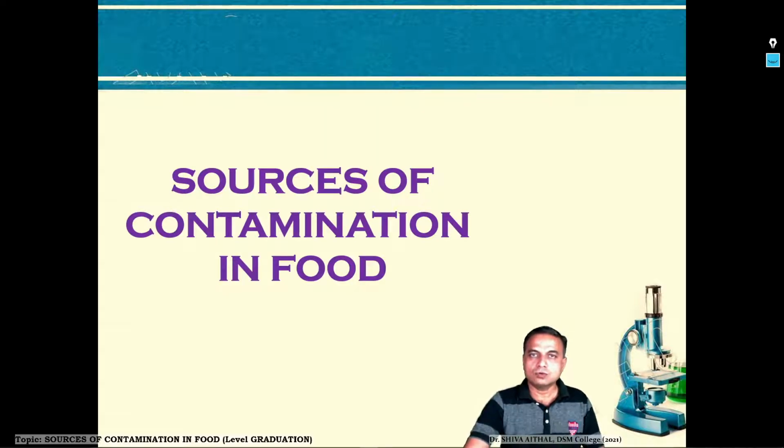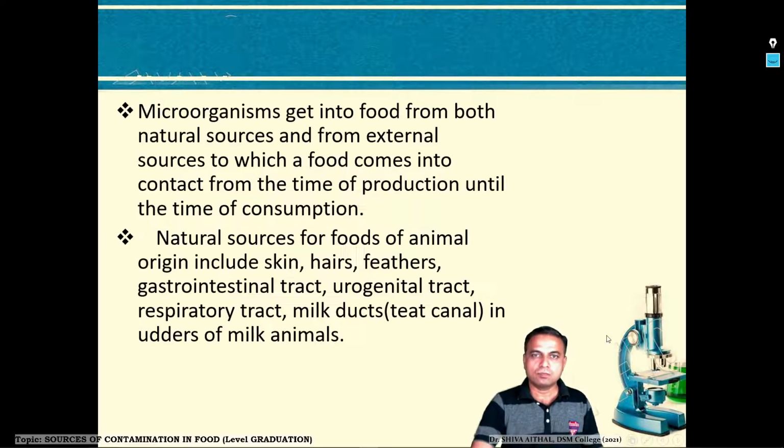Hello and welcome to the next lecture in this unit, that is the sources of contamination in food. When we speak about food, and in the last lecture we saw that food is basically a combination of various chemicals, it gives a good opportunity for the microorganisms to settle on the food and multiply. This most of the times is not desirable by the humans who use these foods for their consumption.